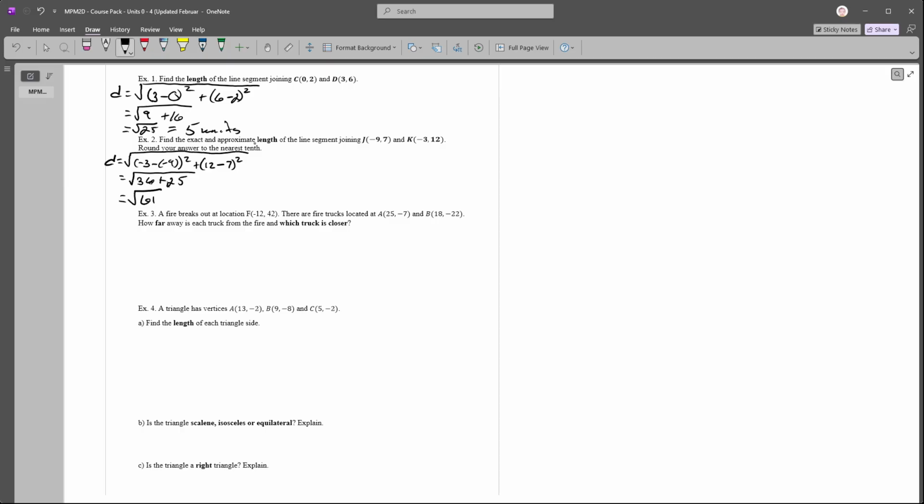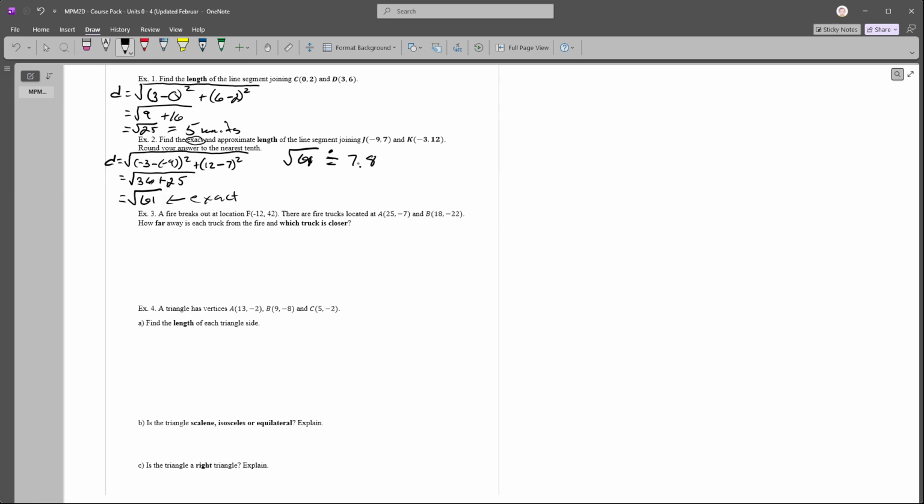This is what's called an exact answer, which means we've done no rounding. It's exactly perfect. It is what it is. The approximate answer is where we actually calculate that. And what you're going to find when you calculate that is you're going to be given a bunch of decimal places. So this is our exact answer. But when we actually do the calculation, the square root of 61 comes out to be approximately, so this is how we write approximately, an equal sign with a dot over top of it, approximately 7.8